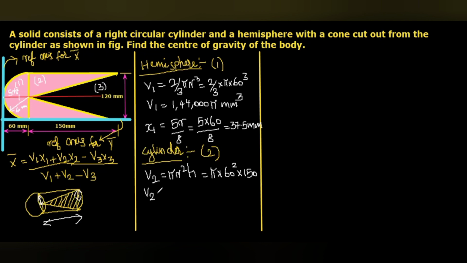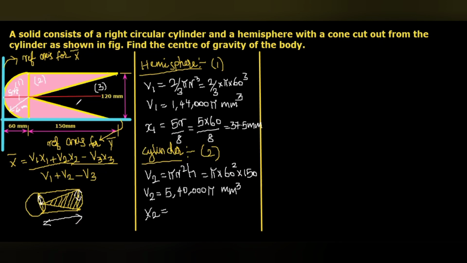So by simplifying, we will get the value of V2, that is 5,40,000 in terms of pi, 5,40,000 pi mm cube. We can substitute the value of pi, that is 22 by 7 or 3.14. Further simplification also we can do. Then x2,